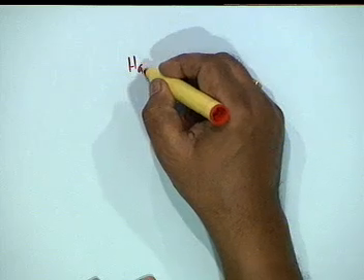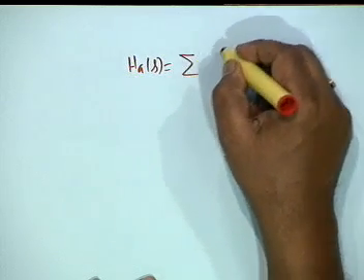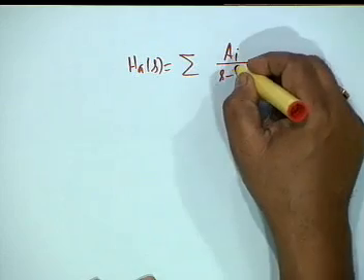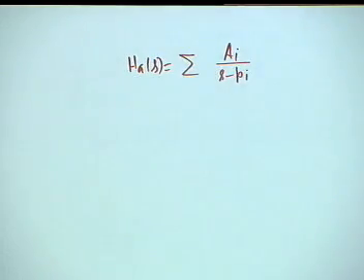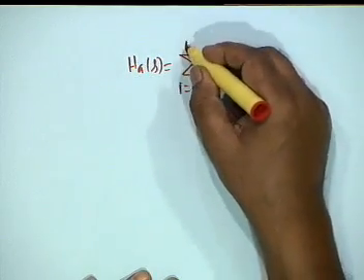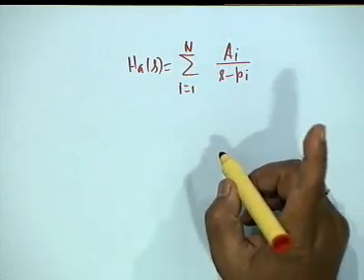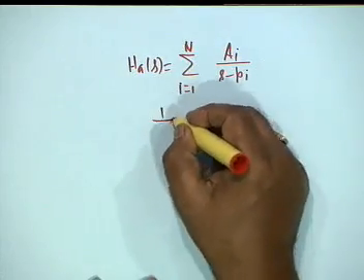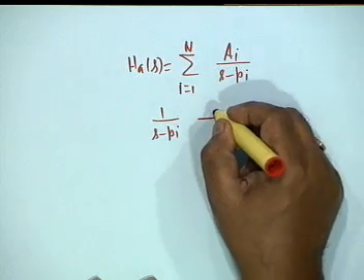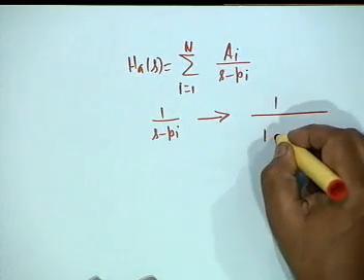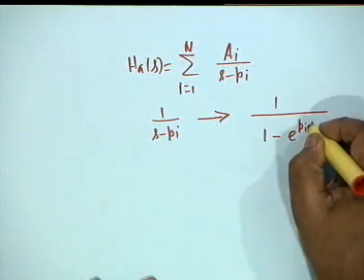Okay, now I think that it is an appropriate point to tell you what happens if you have repeated poles. Our derivation so far has been for distinct poles, that is H_a(s). We said that it can be decomposed into A_i divided by s minus p_i, i equal to 1 to n. If a pole is repeated, well, we have also said that 1 by s minus p_i goes as 1 by 1 minus e to the p_i T z inverse.